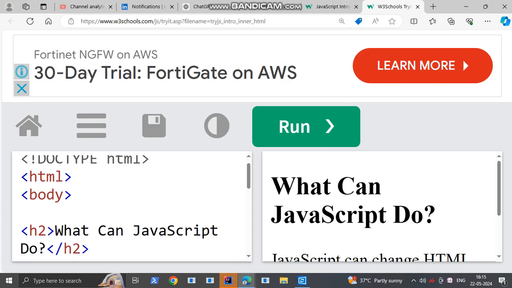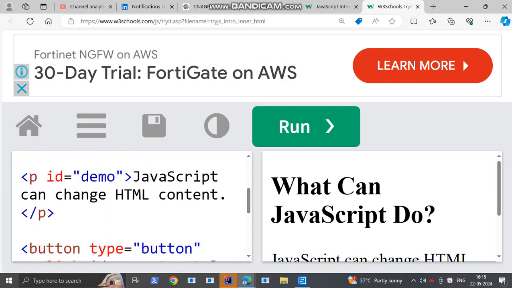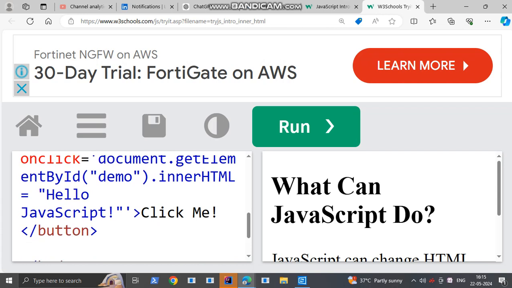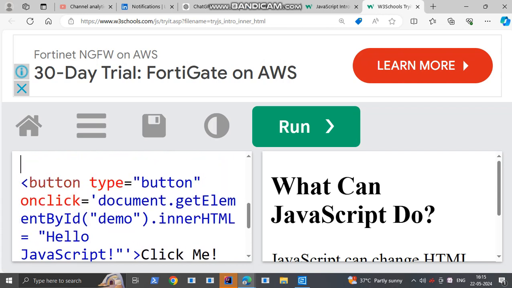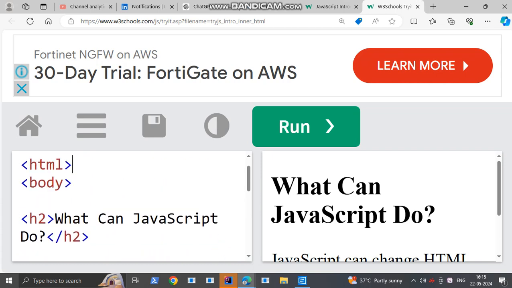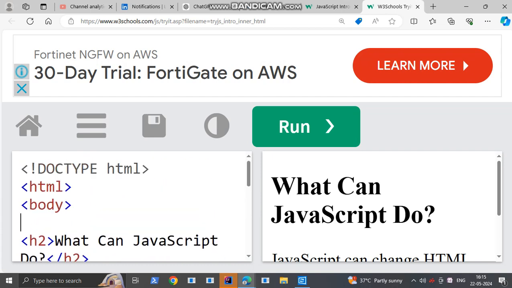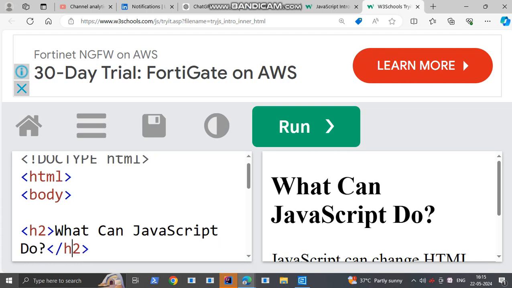Then after the body start tag, once body is started, it is to be closed at the end of the page, before your HTML end tag. Then let us see the header section, started with the h2 start tag. This is the content: what can JavaScript do?